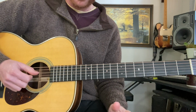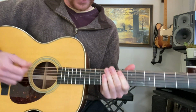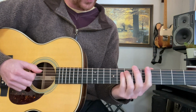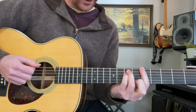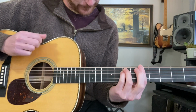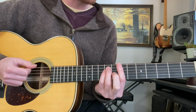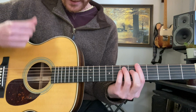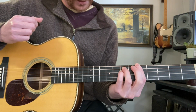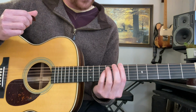Okay, you don't have to do it fast when you're learning it, because it's a little bit tricky to just start right away. So we're going to do it nice and slow here. So the intro / interlude starts with a A5, and we actually do want to be up the neck on this one. So you're going to do down up really quickly as a pickup, and then B5, so up 2